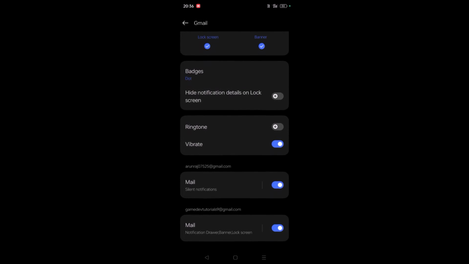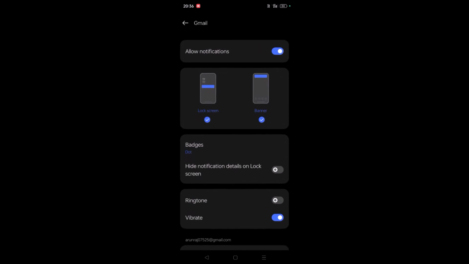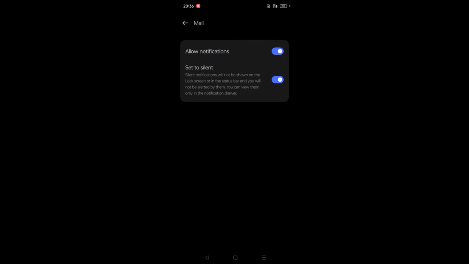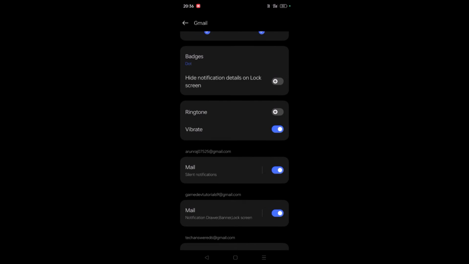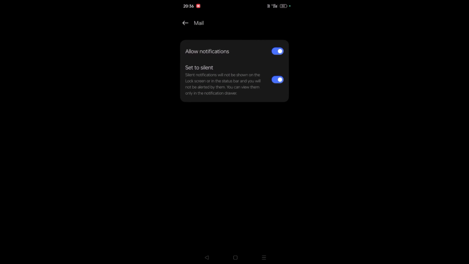Yes, that's it from here. And for individual mail, tap on that. These are all the three mails which are on this mobile, and tap on the mail and disable this,